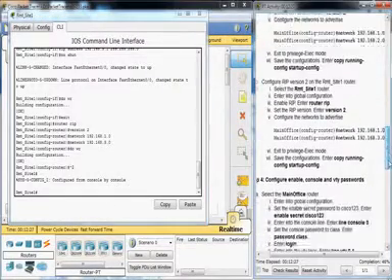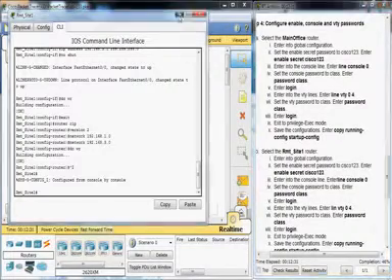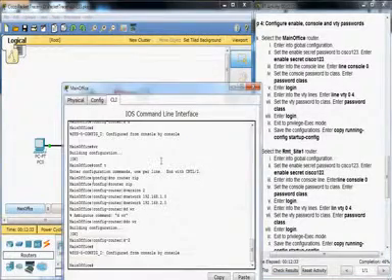Okay, there's that. And now back to the main office router. We are going to configure some passwords. So from privilege exec mode, we conf t again,